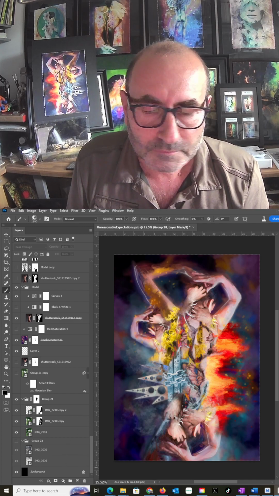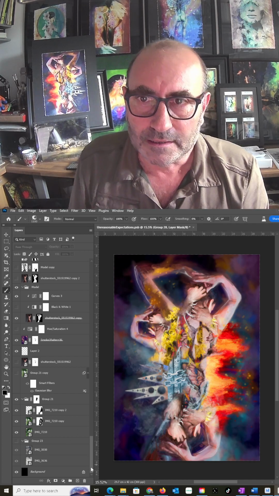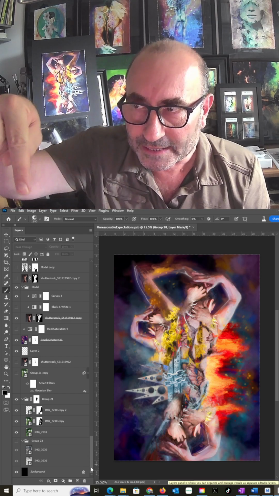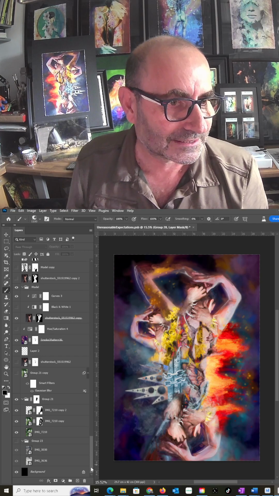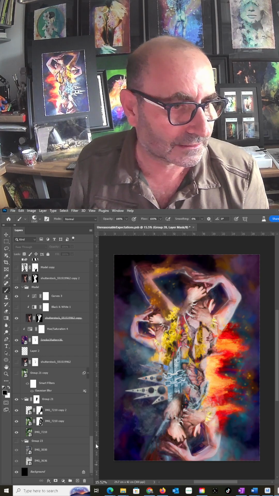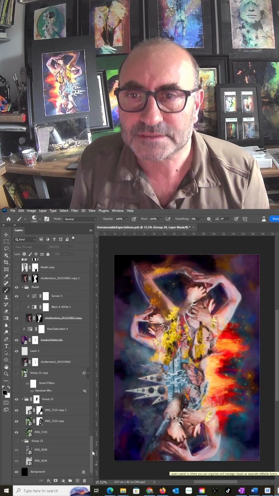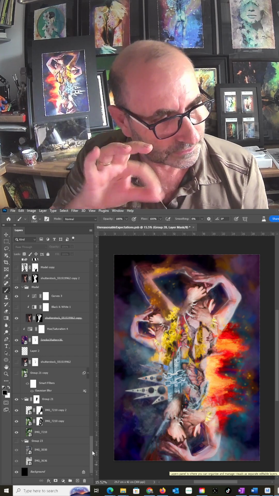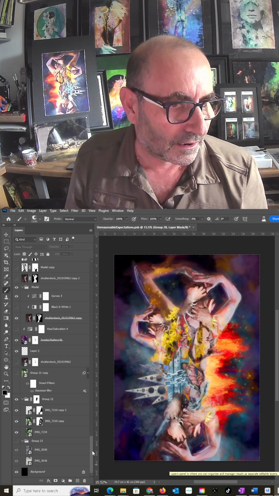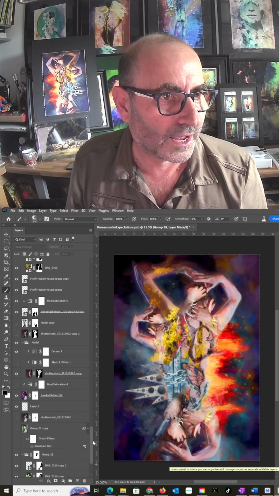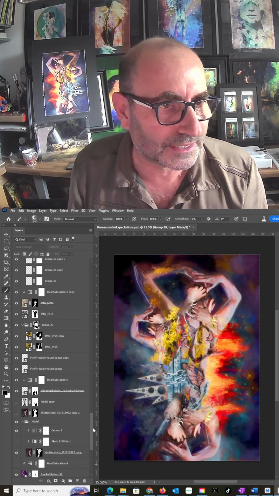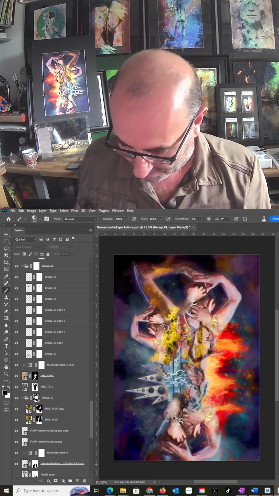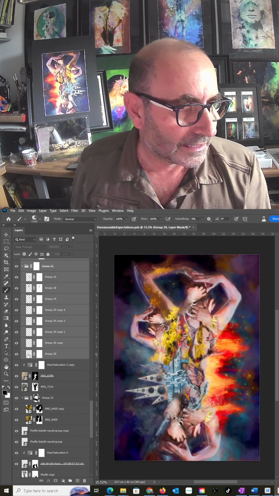But on the left hand side here, down there, you can see what's called the layer stack, and within that layer stack you might be able to see, depending on the size of your screen because it's quite small, there are various activities going on where small elements are being added, there are textures being added. For example, this particular one is my